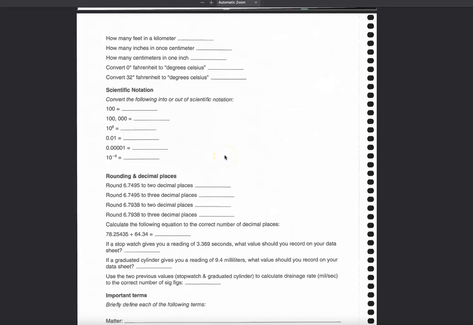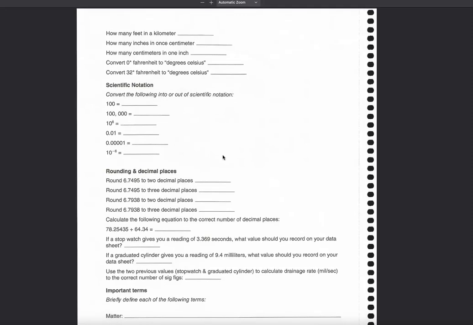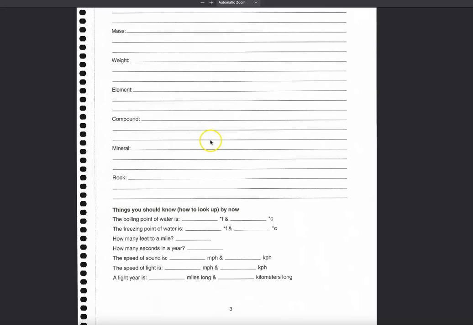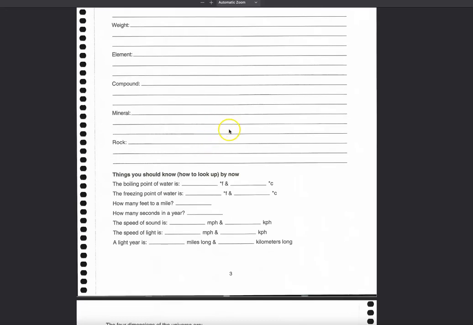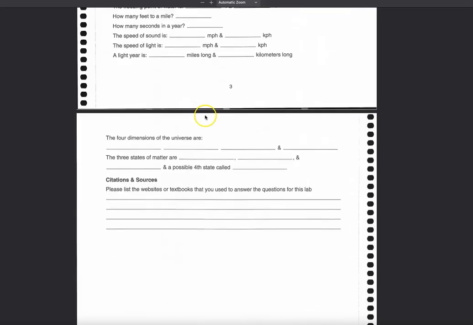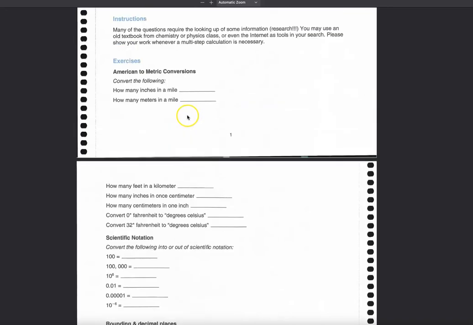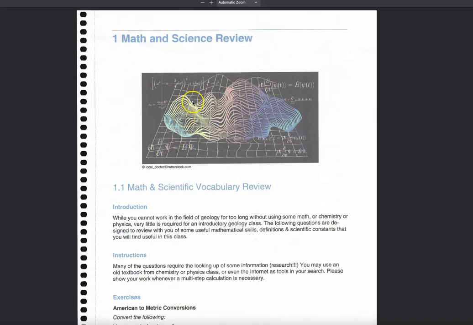Again, those of you in geology, you have a lab book, you don't have to do this. But for those of you without, that's what you do. And then there is an extra step involved, of course, because you need to take a picture with your cell phone or camera and re-upload them to the site. So it is an extra step, but for many of you, it's worthwhile not having to